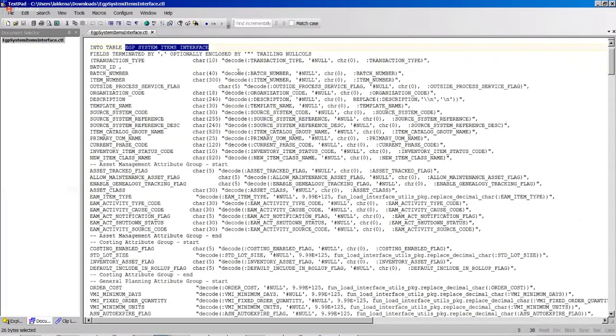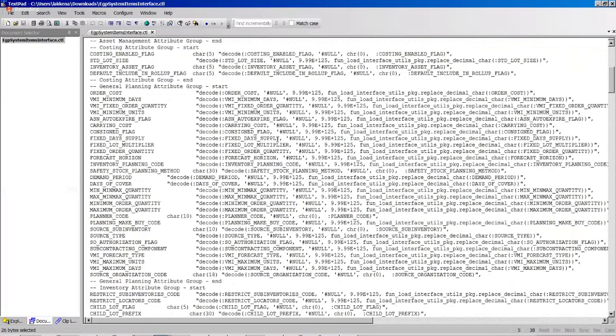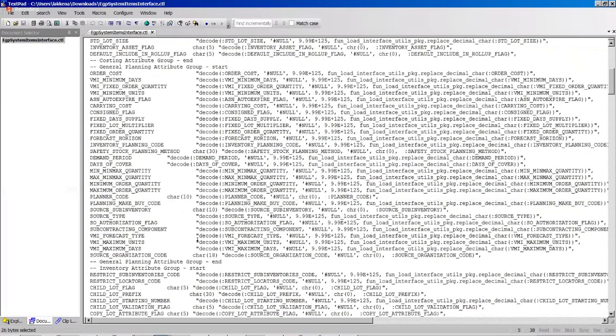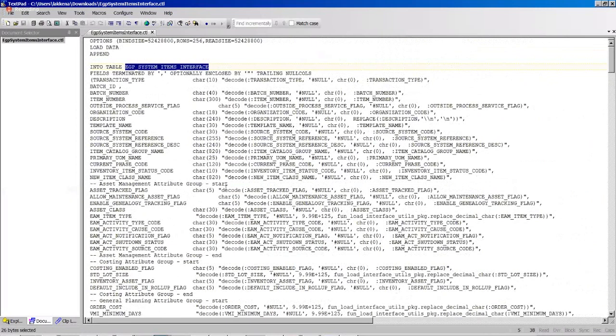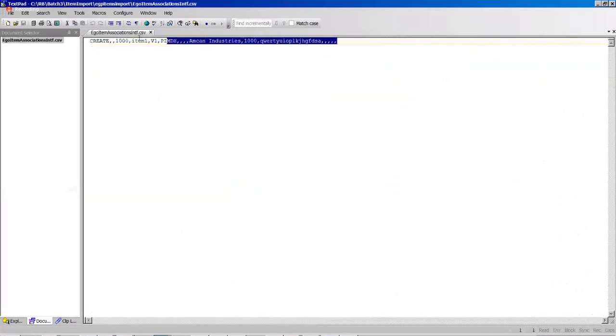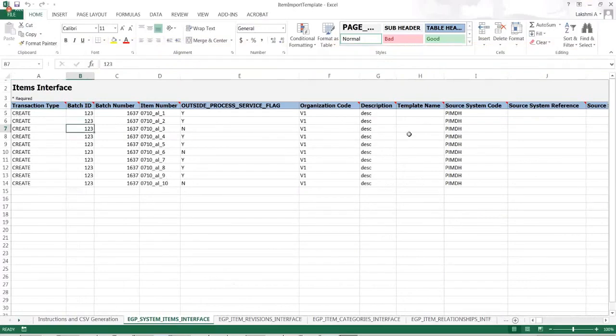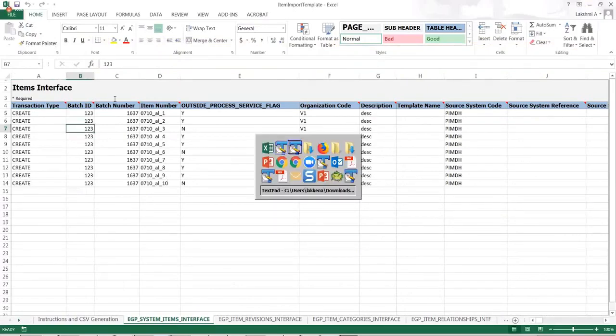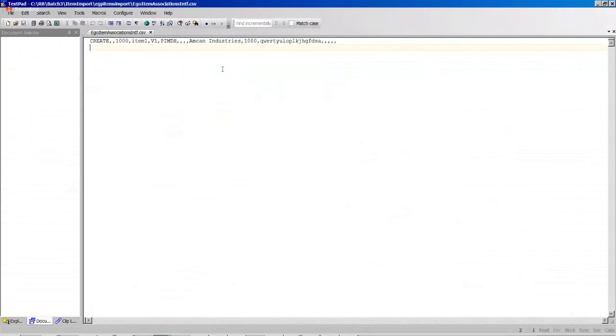This will be triggered in the Fusion. We won't do anything outside of the Fusion, but it is a control file. What Oracle gives, this control file, will help us understand how to create the data in the CSV file. So work with the functional consultant and get some sample data, and also look at this control file and write your PL/SQL procedure or any programming language specific procedures and generate the data in the CSV